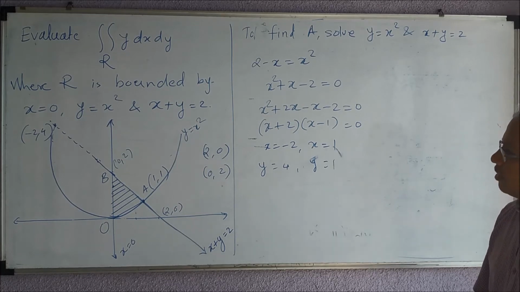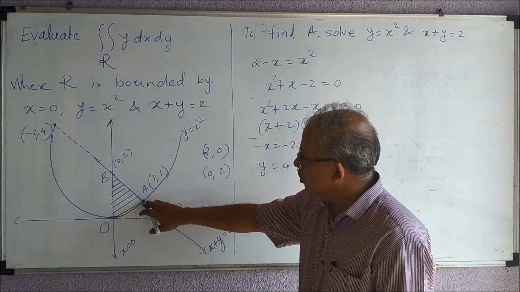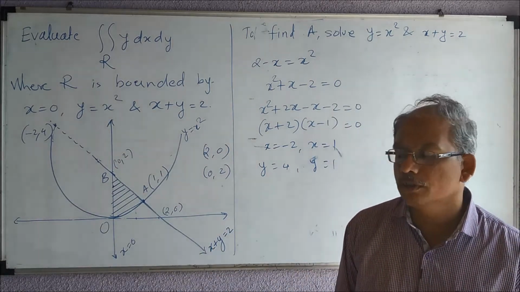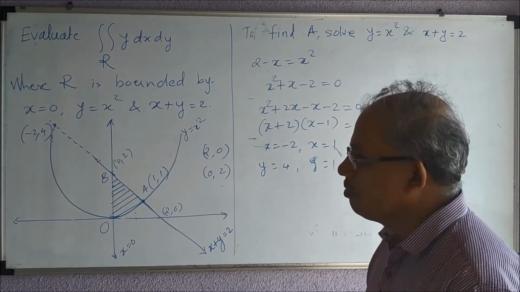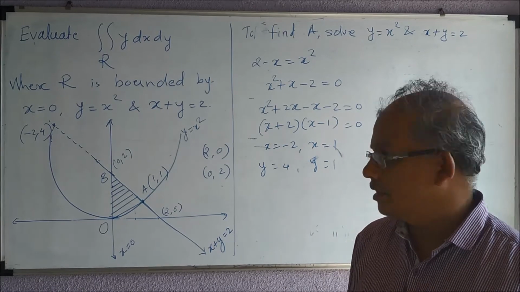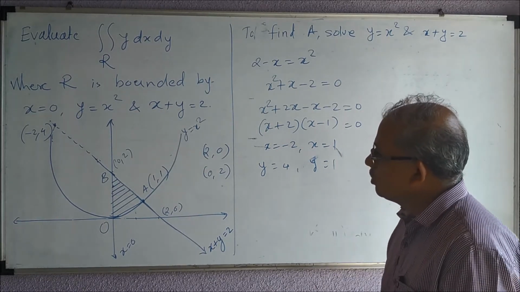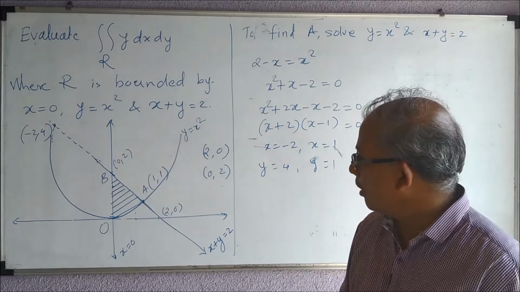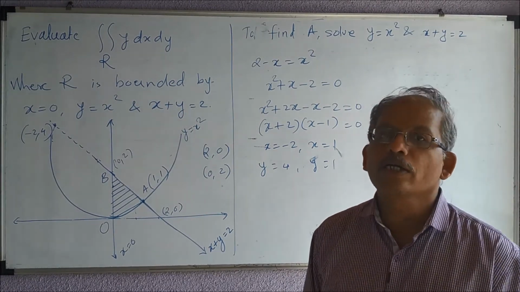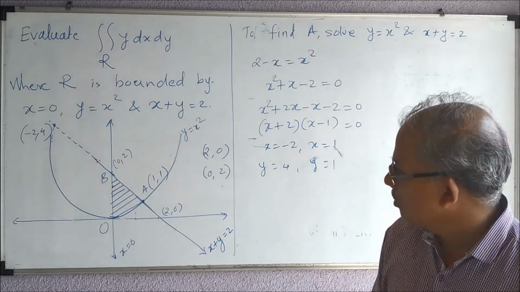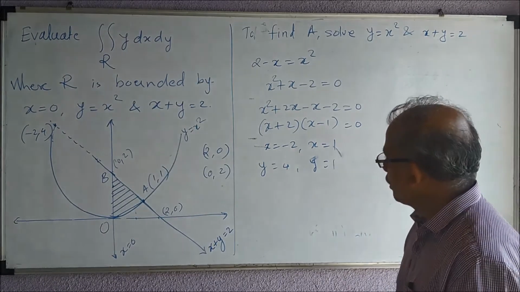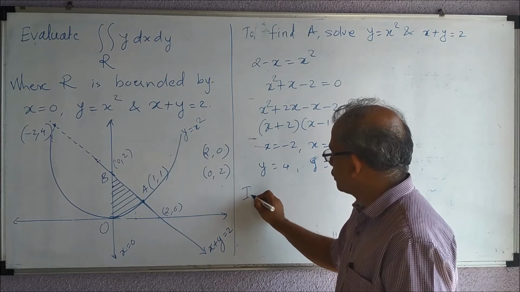Now see that we have obtained the crossing points. Now all the boundary points of the region we know. Now what we will do, we will try to obtain the limits. So see that now you need to decide with respect to what, with respect to x or with respect to y, you are doing the first integration. Okay. So suppose I assume that here we are integrating with respect to y first.